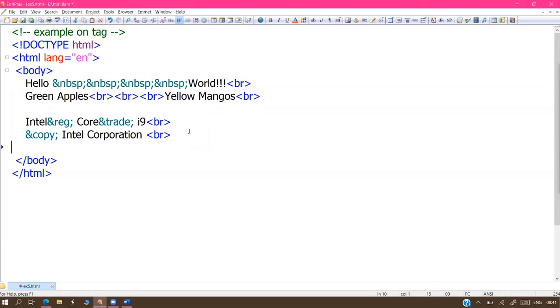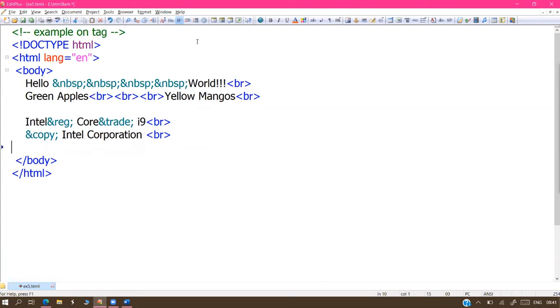I want to remember these things, sir, but I don't want to practice anything. Without practicing, I want to remember all these symbols. Is there any option, sir? For that also, we have some shortcuts, sir. You don't need to practice. You don't need to refer. Directly, symbols are available.